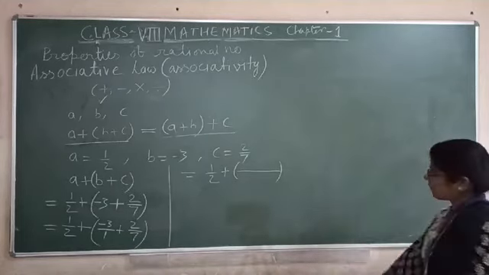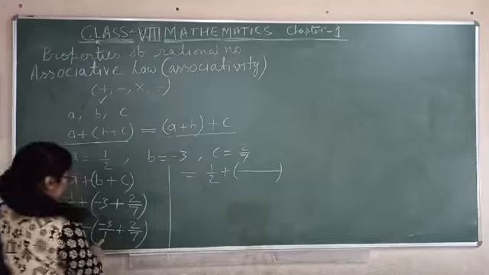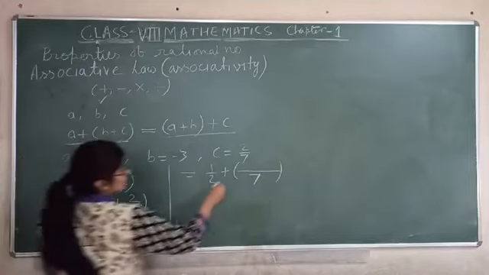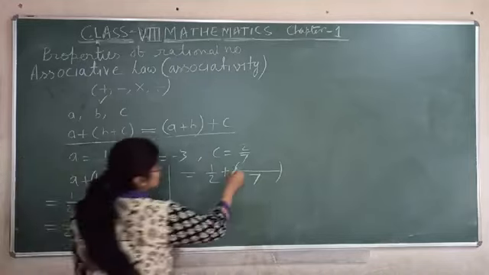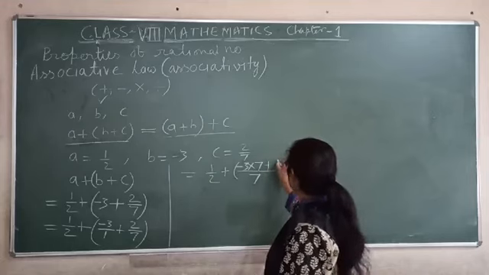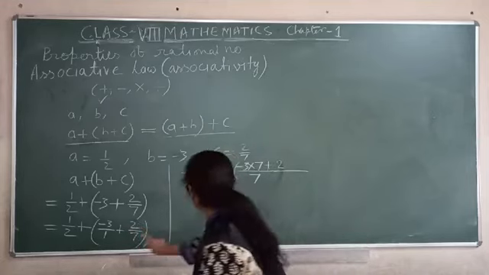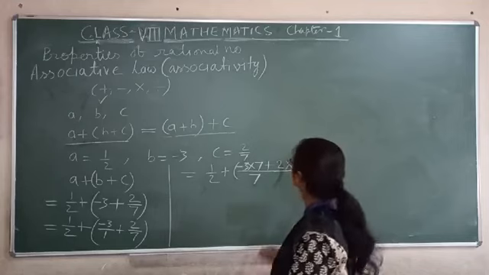Okay. Then here, 1 and 7, so the LCM will be 7. Minus 3 you already have, into 7, LCM divided by denominator. We will divide 7 by 1, so what will you get? You will get 7 here. Plus the numerator is 2. And LCM divided by 7: 7 divided by 7, so what will you get? 1.